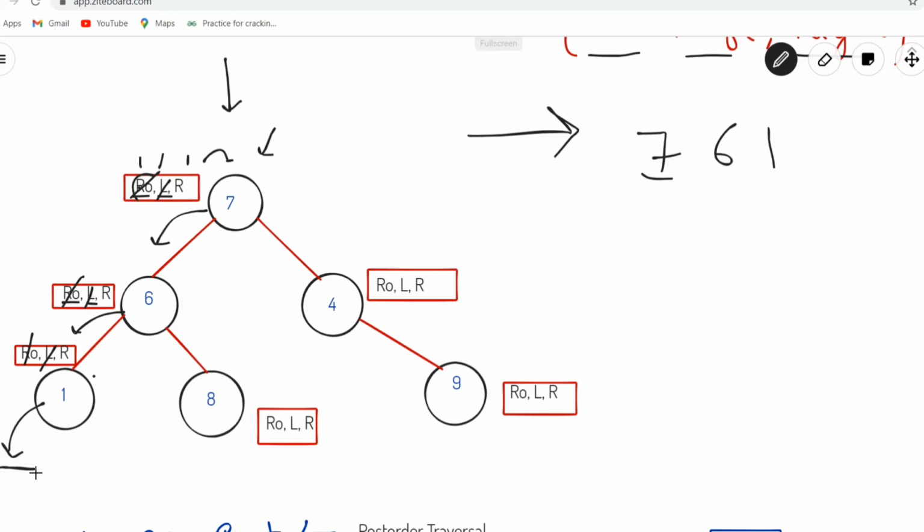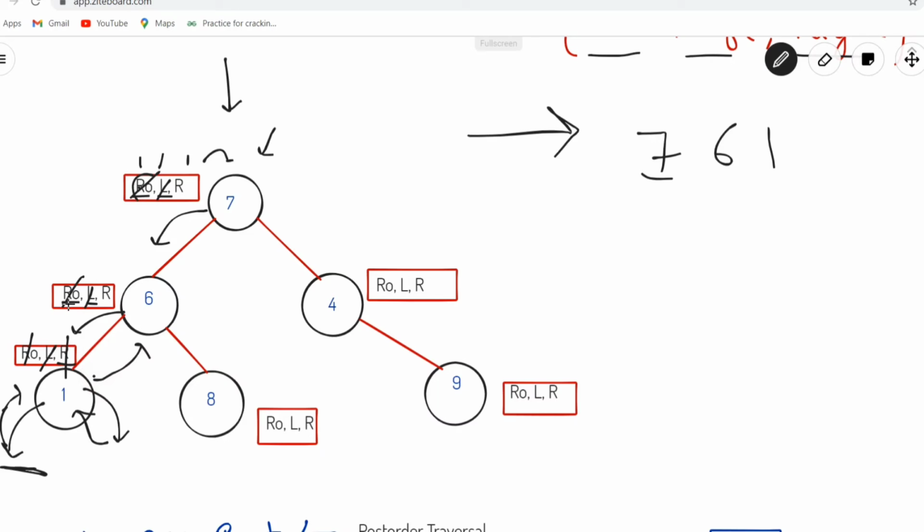So if you encounter a null value, you need to return back to the caller, and the caller is node 1. Now again we are standing on node 1, and the next operation is right, so we will move in the right tree. While moving in the right direction, we again encountered a null value, so we return back to the caller. So we have reached node 1. All the operations of node 1 are already performed, so we will return back to the caller of node 1, which is node 6.